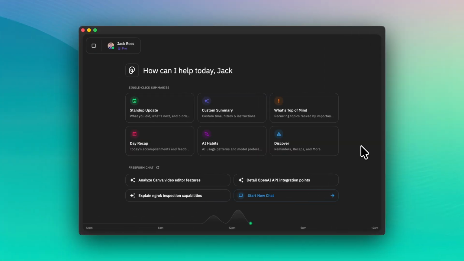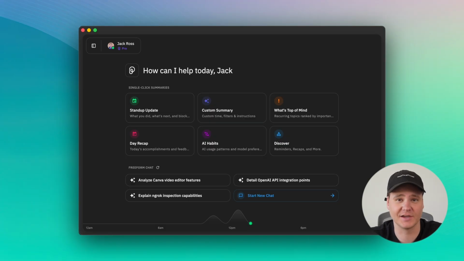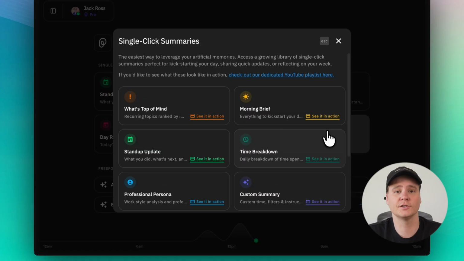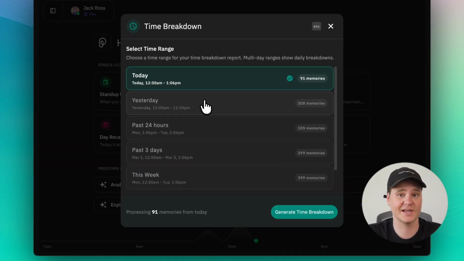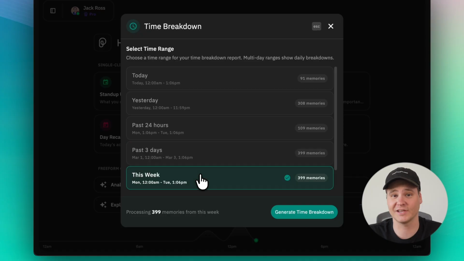This button gives you a detailed, accurate breakdown of how you actually spent your time down to the minute with one click. This is Time Breakdown. When you click it, you choose the exact time range you want analyzed. You can generate a breakdown for today, yesterday, the past 24 hours, the last several days, or even the last